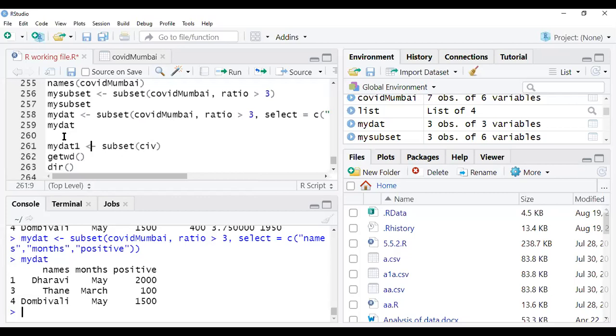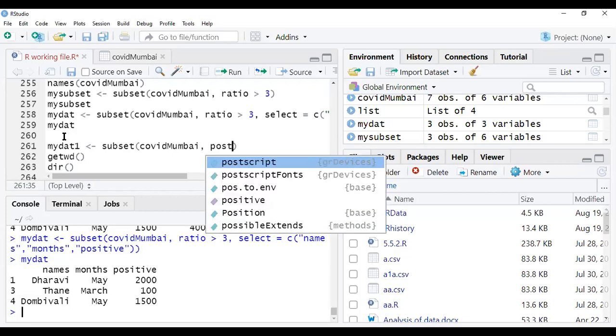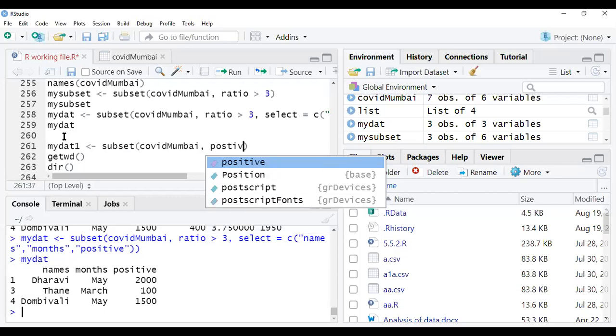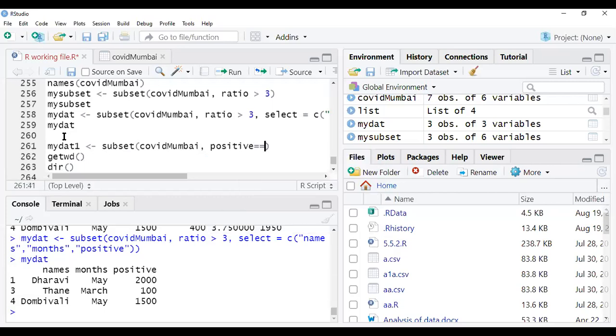Subset COVID Mumbai, comma, positive equals to. हाँ sir, double equals to. Double sign जो होता है ना. Correct. Double sign. Absolutely correct. So it is double equal, right? Double equals to 1000. Absolutely correct. Select name. Okay.